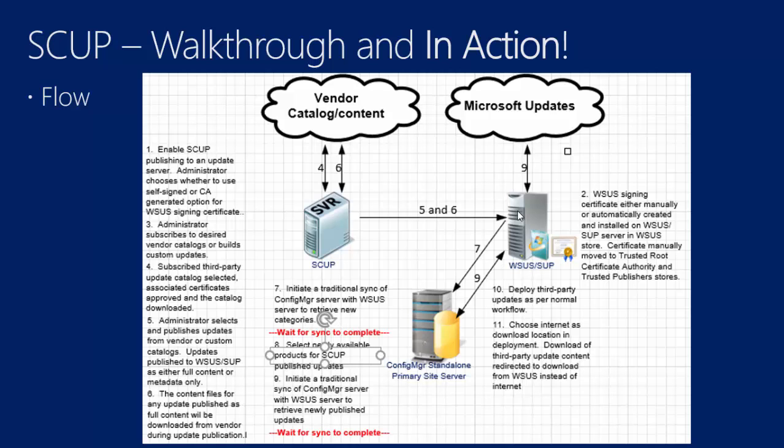So to say a different way, any content related to the update is stored on the WSUS server and downloaded in advance, right? Then 6, the content files for any updates published, full content will be downloaded from the vendor during update publication, as I mentioned. Number 7, once all that's done, then in ConfigMgr, we need to initiate a traditional sync of ConfigMgr on the ConfigMgr server with WSUS. And what this is going to do is retrieve the new